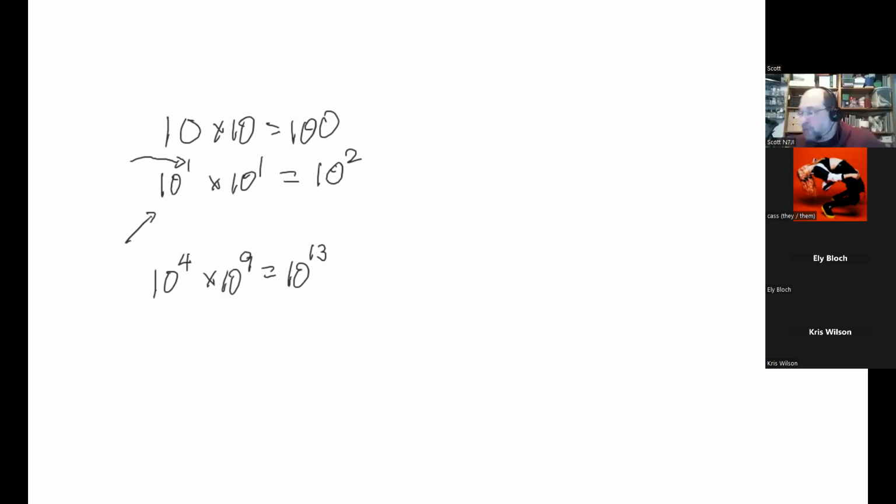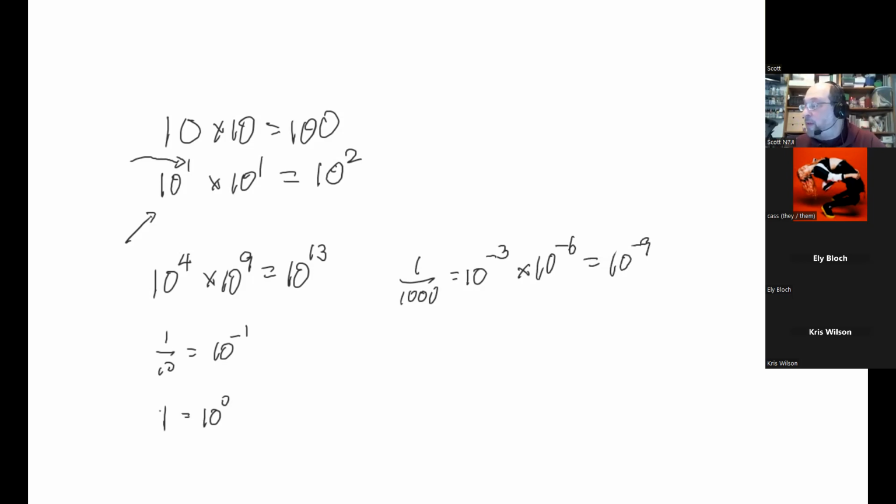We can also use this to our benefit by dealing with very, very small numbers. We can have 1/10 is equal to 10 to the minus 1 power. We can also have 1 is equal to 10 to the 0 power. Right? So this is basically how we represent powers of 10. So we can actually say that 1 over 1000 is 10 to the minus 3. We can multiply this by 10 to the minus 6 and get 10 to the minus 9. We can then multiply that if we want by 10 to the 9 and get 10 to the 0,